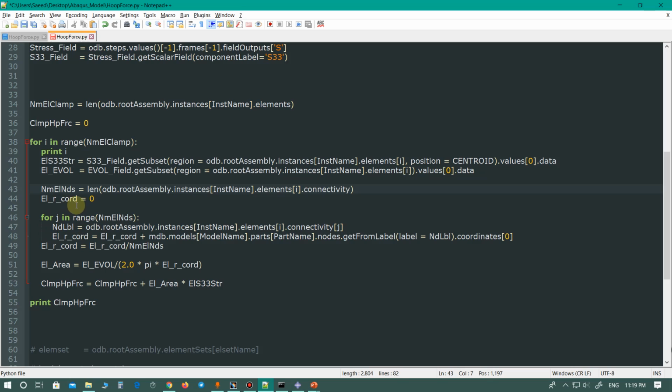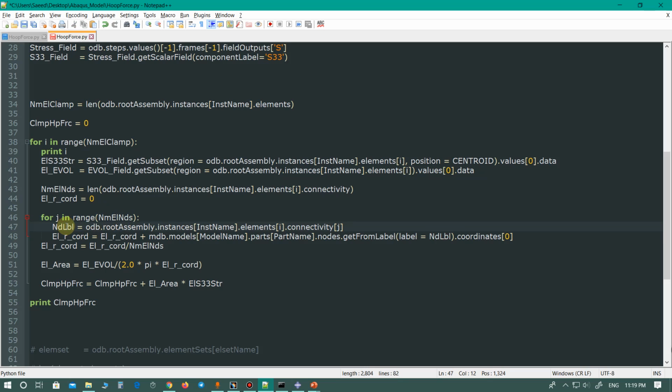Since I have access to the radial position of the coordinates of the nodes of the element, I should sum all the radial positions for all the nodes of the element and divide them by the number of nodes of the element. So for the element I construct a for loop, and for j iterating from 0 to number of nodes minus 1,